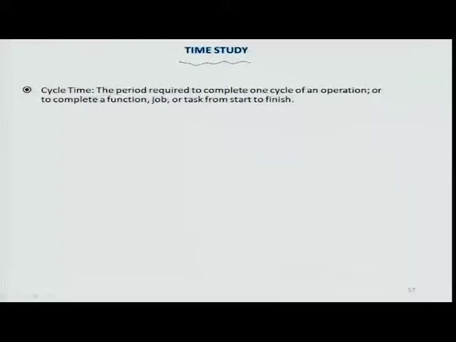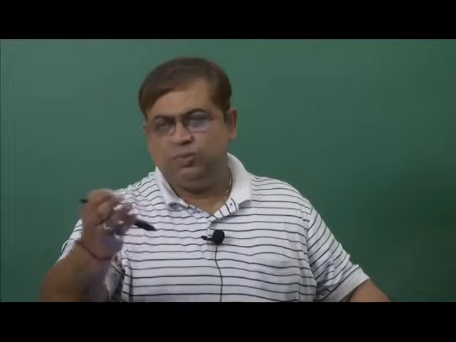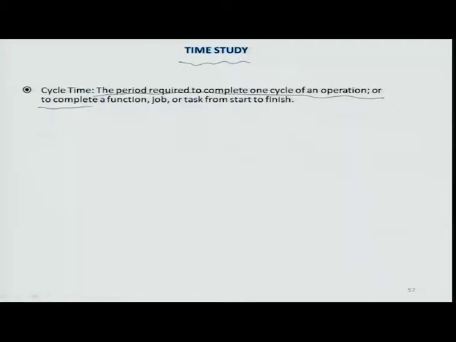So the period required to complete one cycle of an operation, okay, a complete operation which is now split up into several tasks. Tasks could be material flow, delays, tasks could be related to, let's say, machining. You saw some of the examples earlier. Okay, so to complete the whole function or the job or the task from start to finish is what a cycle time really would be. And so a cycle time is a very critical issue, particularly when you have multiple work centers working together in a certain sequence,